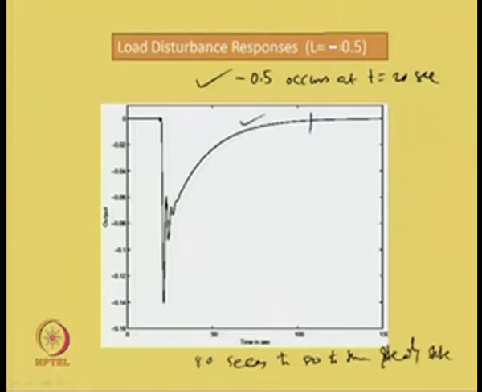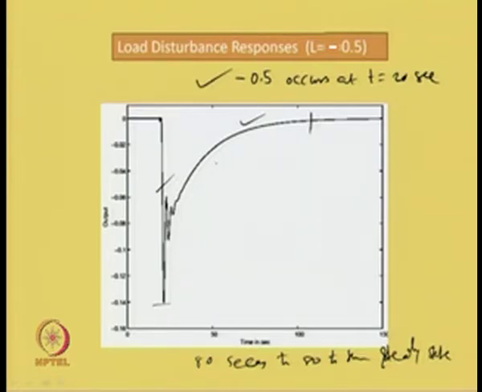Although the response is fast, as is apparent from here, the load disturbance rejection is not instantaneous, but still it has a faster load disturbance excursion, whereas the response is very sluggish. It takes almost 80 seconds to go to the steady state. So, this is the type of load disturbance response we get from the closed loop system in the absence